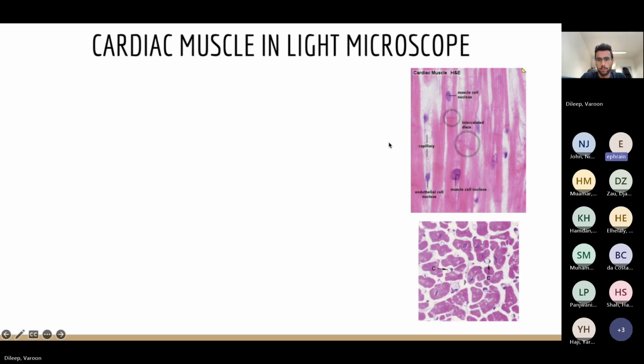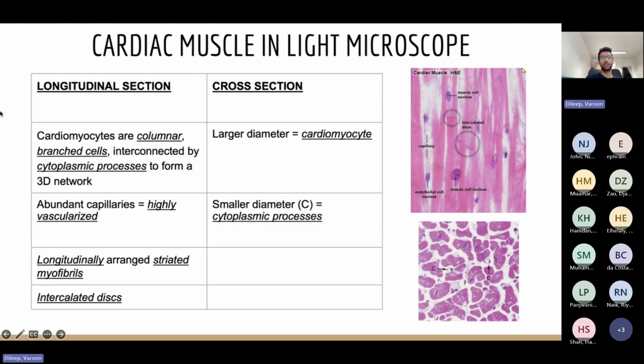The first one is the longitudinal one, and the other one is the cross section. So just to summarize all the differences I said,